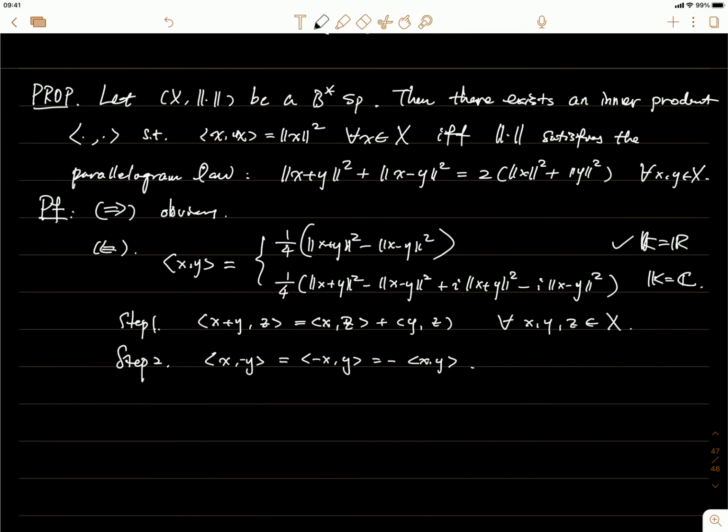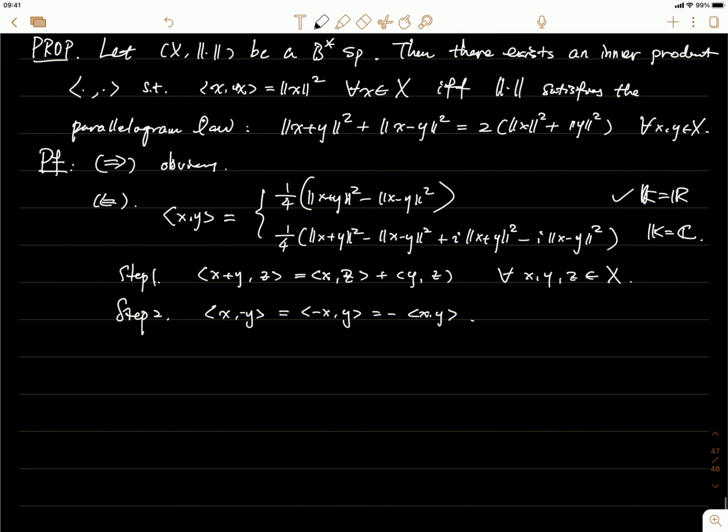You just recall the definition here, for example. If you have a negative here, then that means you swap this by negative, and this by plus. So you just have x minus y equals to the minus of x and y. Okay, similarly for the other. So this is easy. Then the step 3. If you have the first two steps, then you'll be able to show that this is true